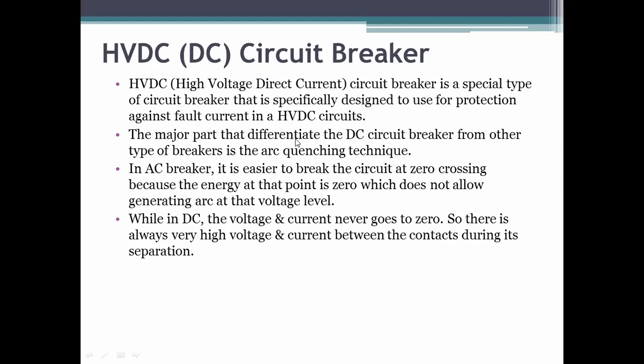As we are now using the grid system, there are very small generating stations. For example, if we take the wind power station, that is also an HVDC substation. For that purpose, these circuit breakers are used for protection here. Now the major part that differentiates the DC circuit breaker from other types of circuit breaker is the arc quenching technique. So what is actually the difference between these AC circuit breakers and DC circuit breakers is that,